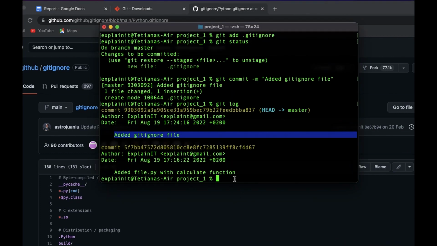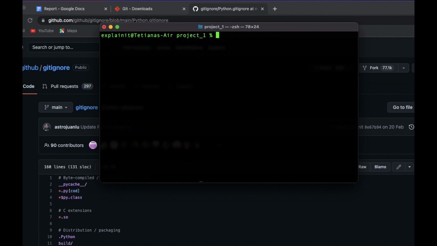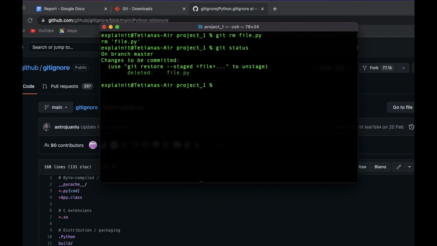The next thing that we will learn is how to remove files from Git. Often, for example, if you accidentally added a file that you don't need, you can just remove it, and for that you need to use the command git rm and the file name. For us it's file.py because we have only this file. And it's mentioned that it's removed. If we check git status, we will see that changes need to be committed, that we deleted this file. If we commit these changes, we will delete the file from Git and also from your local setup as well. So git commit -m